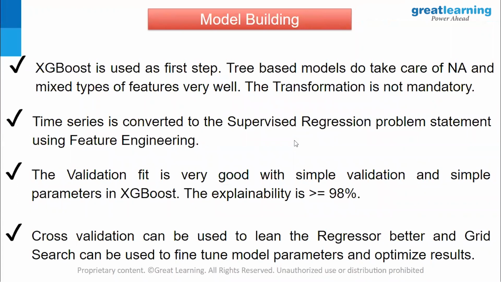So we have looked at some of the pre-processing stuff. We have looked at feature engineering. Now let's jump into the model building, XGBoost. XGBoost is a technique where